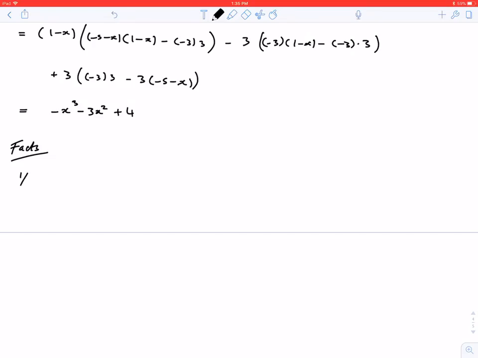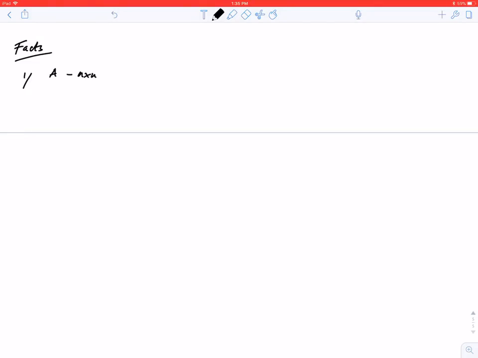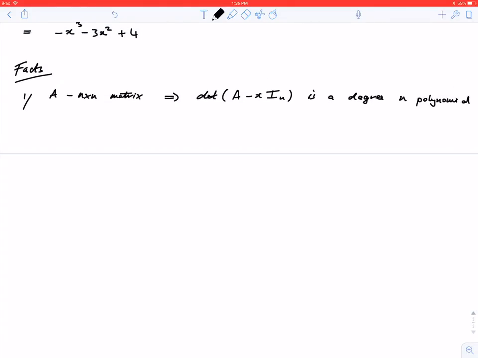First of all, if A is an n by n matrix, this implies the characteristic polynomial, first of all, it is a polynomial, which requires a bit of work, but it's of degree n. See, in the above case, we had a 3 by 3, and in that case, what happened? In the 3 by 3 case, I got a degree 3, a cubic equation. That's the first thing. Second thing,